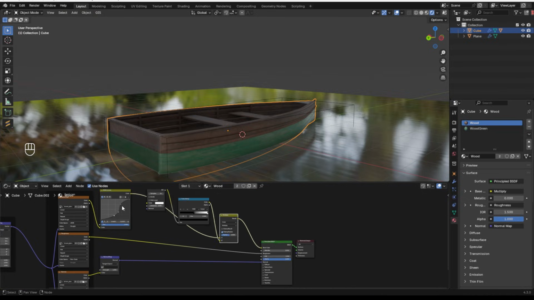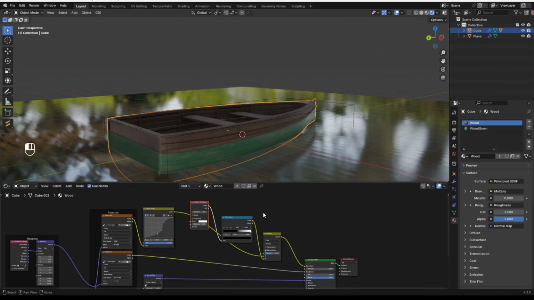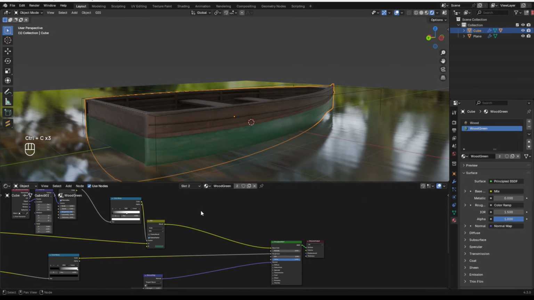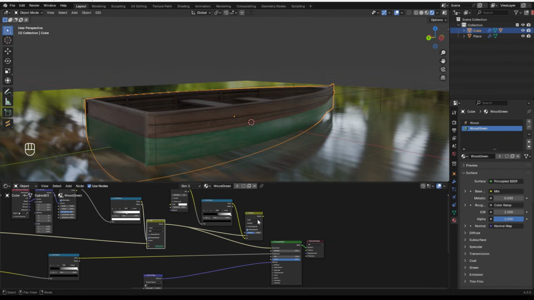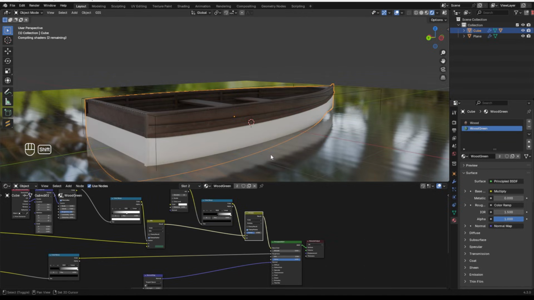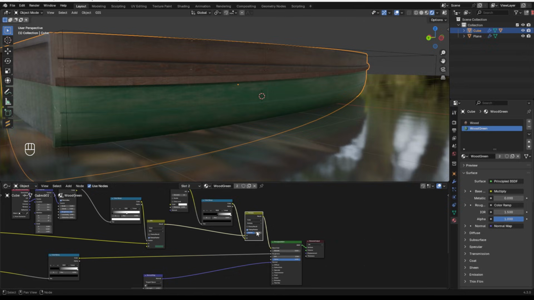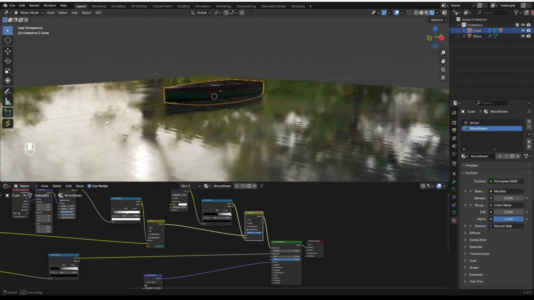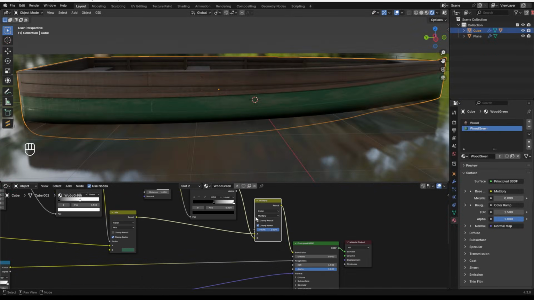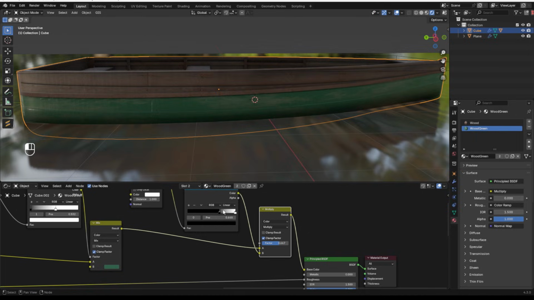Now you might want to do the exact same thing down here on this green boat. I know there's not a lot of areas where there are tight corners, but one of the nice things about ambient occlusion is it works between objects. So ideally, we should be able to see some ambient occlusion from the water, which will help sell the idea that this boat is in the water. If I turn this down just a little bit, so it's only darkening a little, and bring this value up,